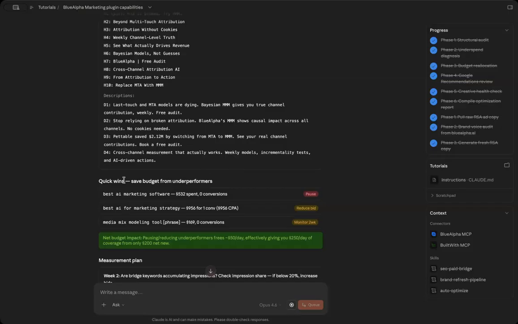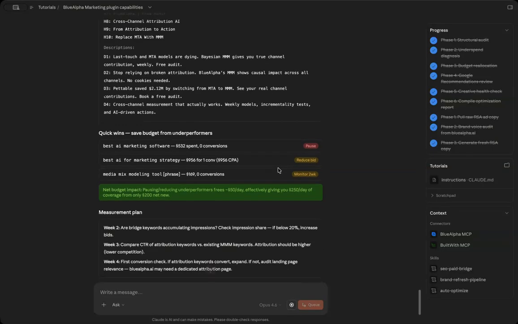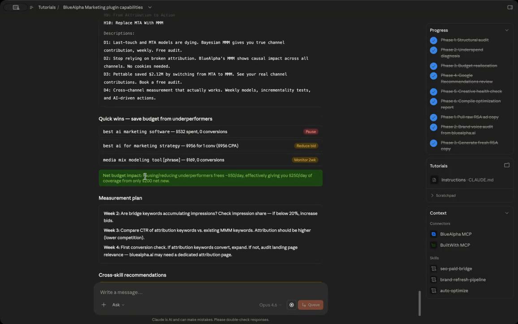And then it also starts to give me some quick wins of what should I actually turn off? For example, best AI marketing software, we already spent $500, but 0% conversions. And here, best AI for marketing strategy, almost spent $1,000 for one conversion with extremely high CPA. So we should actually reduce that bid. And then media mix modeling tool, which we started to spend some money on, didn't have any. So we should actually monitor this in the 2-week mark in order to not run into a $1,000 CPA,